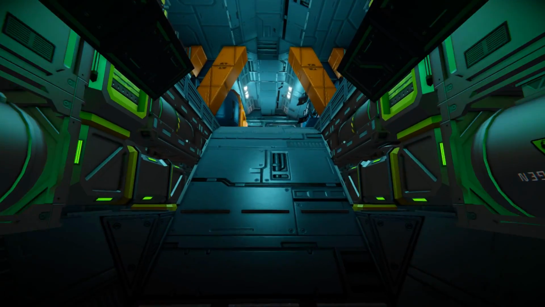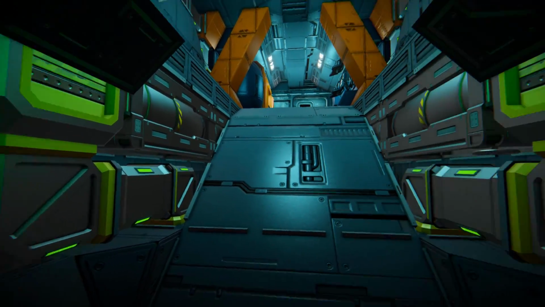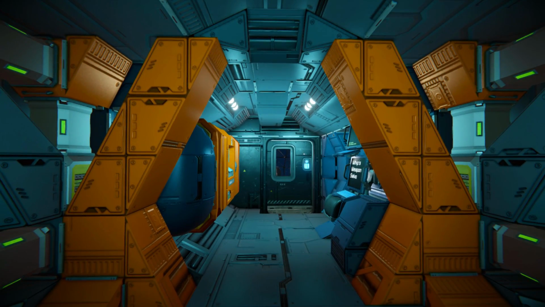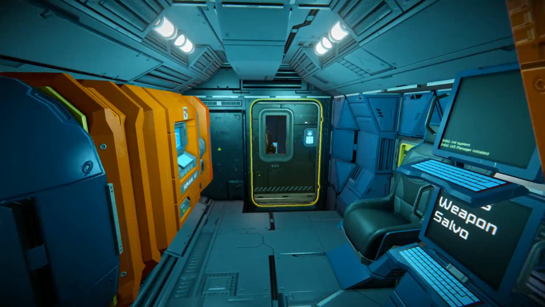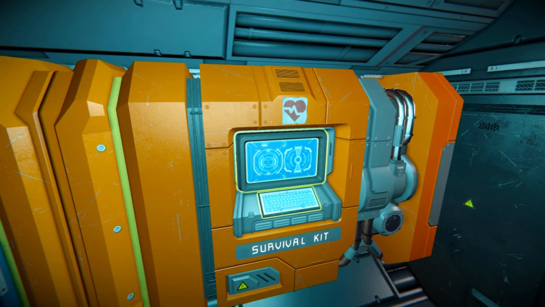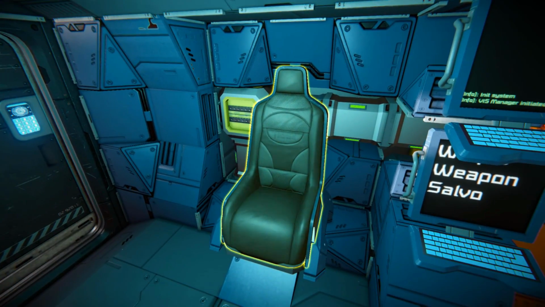So walking forwards, this is what we get, a bunch of conveyors going all the way around the side of this ramp. Coming up to here, we're greeted by some orange support pillars, which then lead all the way across to our cockpit, a survival kit to respawn on and to recharge yourselves, a chair to have a little rest,